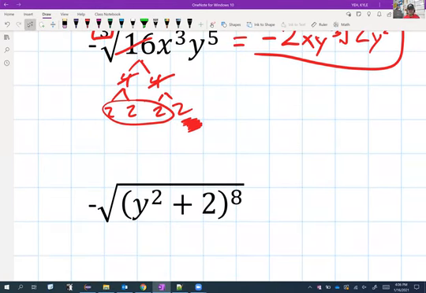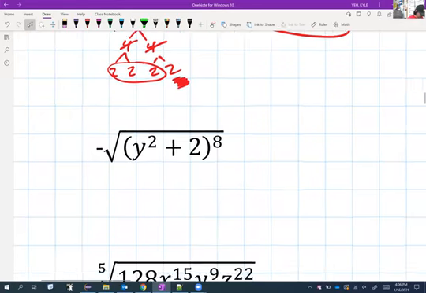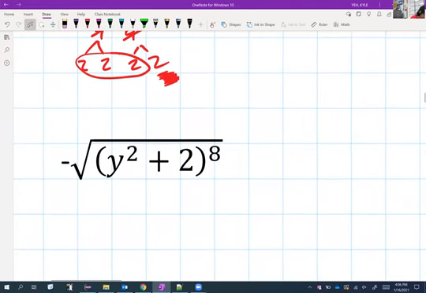All right. What if we start seeing powers inside of powers? Negative the square root of y squared plus 2 to the 8th. Well, there are a couple ways to go about this one, but first, the first thing I want you to do is just think about, what is this inside actually saying? This inside is saying negative the square root of